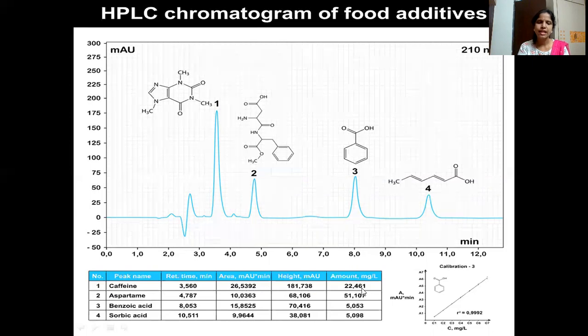So finally it will calculate the amount of the caffeine which is present in milligrams per liter. So this is how it is all automated. That is why we say that HPLC is very efficient and high speed. Everything is programmed, and you will get a neat picture of the various components present in the sample. So this is about HPLC, the principle and the different instrument parts which are present in HPLC.